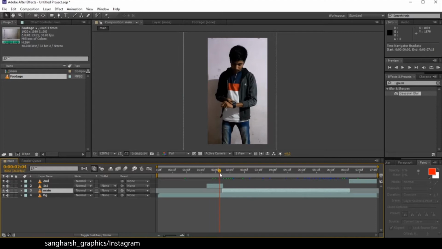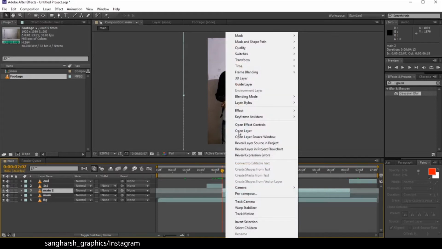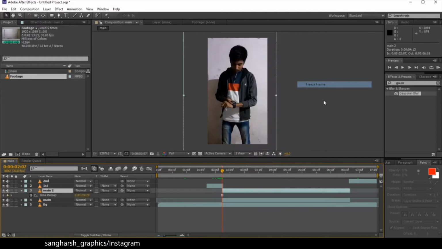And these two are the freeze frames. What I have done is select my footage, duplicate it with Control D, right click on it, Time, Freeze Frame, and just drag this side up to here and this side up to here to get this type of freeze frame, because we are going to need them.